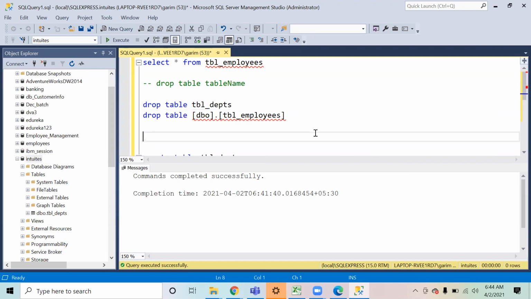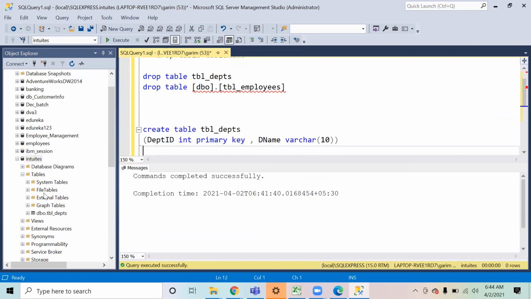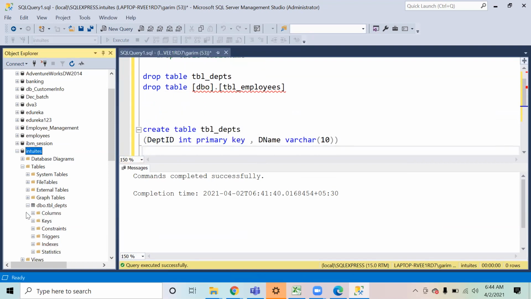Okay. So now you see this table is created. If I expand this and you check the columns, you will notice something new. For the column department ID, there is a small key symbol that is coming, and it's also written PK.